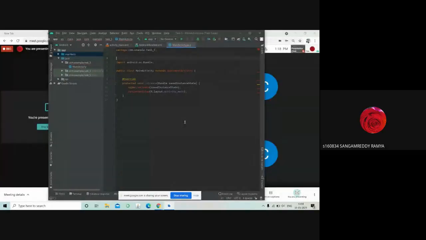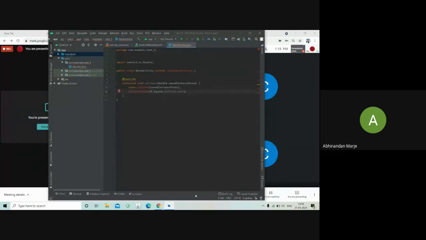Sir, is my screen visible? Yes, ma'am. Sir, here are the errors I'm getting when I open new tasks in MainActivity.java. Please hide that meeting sharing message. At the bottom, you are getting the stop sharing and hide option, right? So I hide it. Yes.